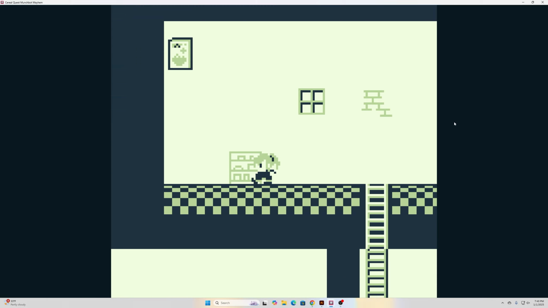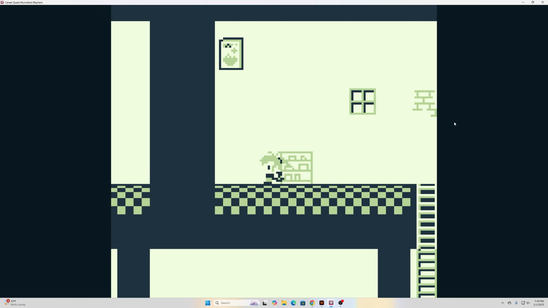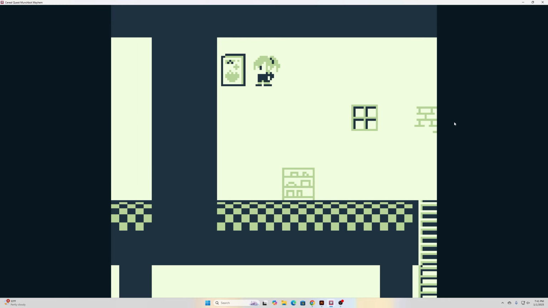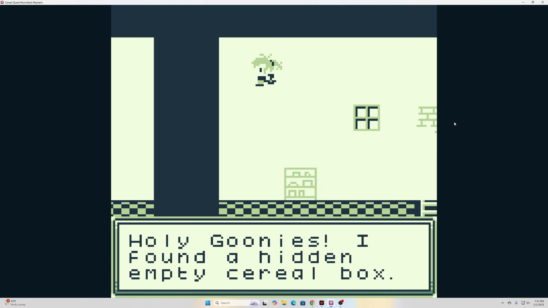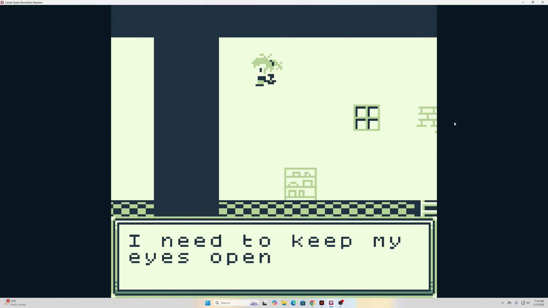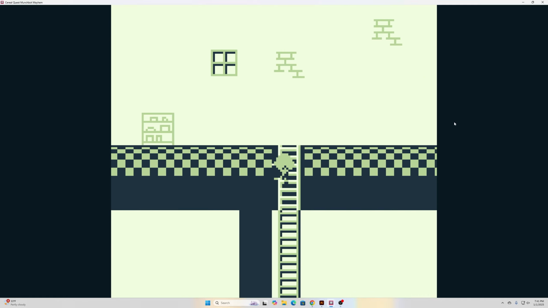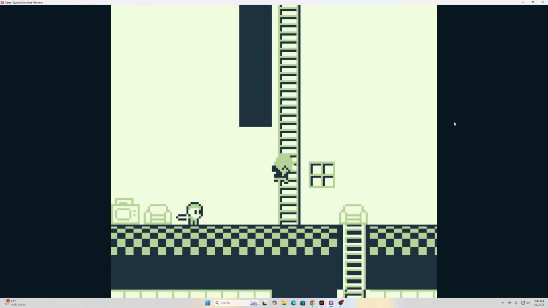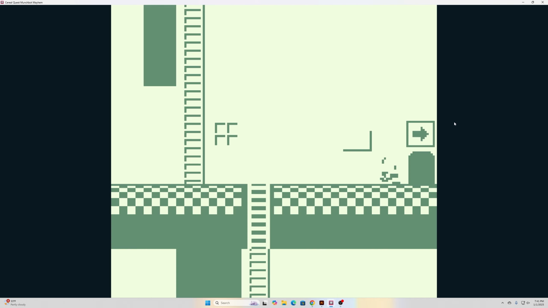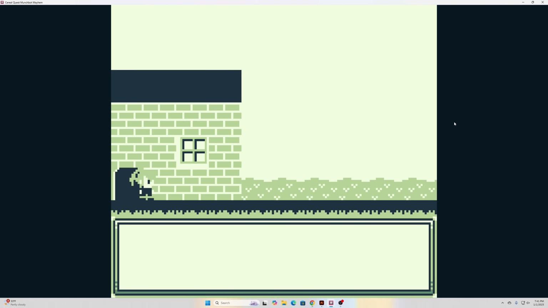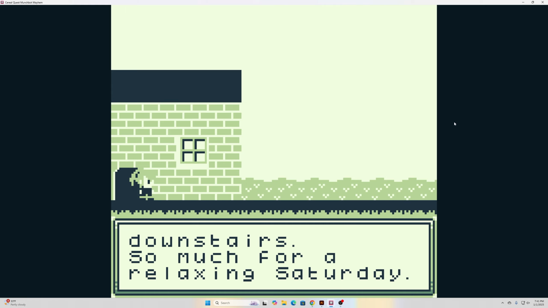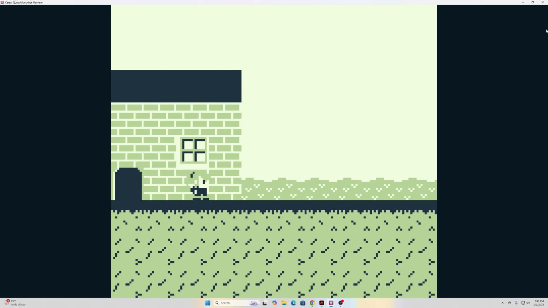But like I mentioned before, I do have a hidden one on each level where there's something a little extra. Holy Goonies. I found a hidden empty cereal box. I need to keep my eyes open for other secrets. So once you have 5 or 6 collected, then I'm ready to go to my next level. So why